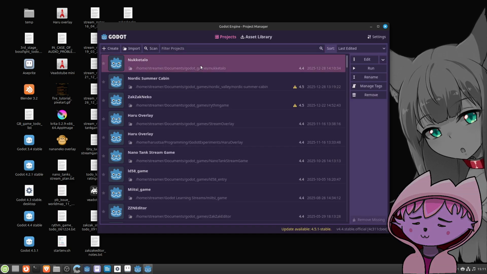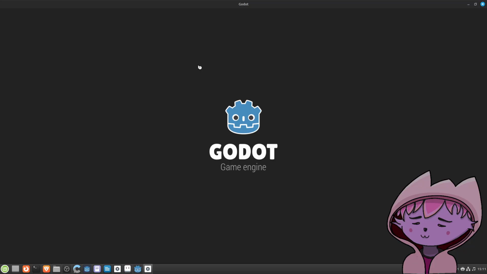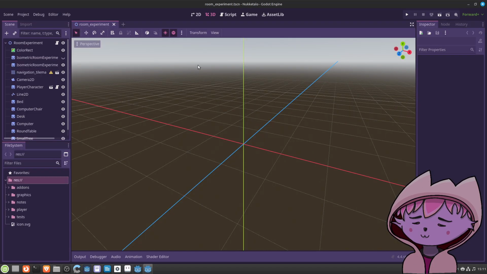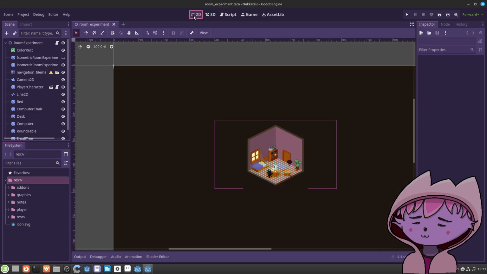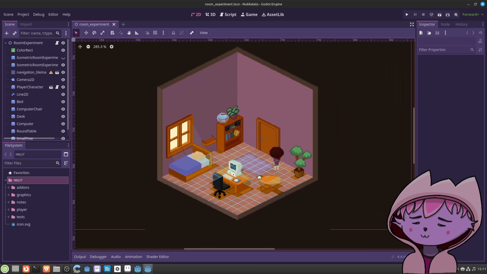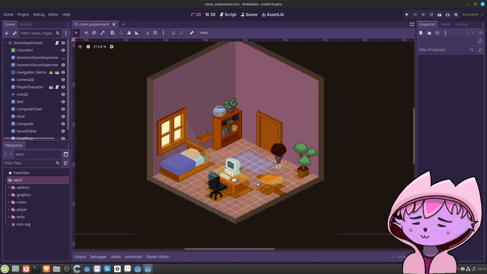This project is also an isometric style game, or a skeleton for a game. So there are already code and stuff we could look at and maybe even copy paste from this project to this new project.